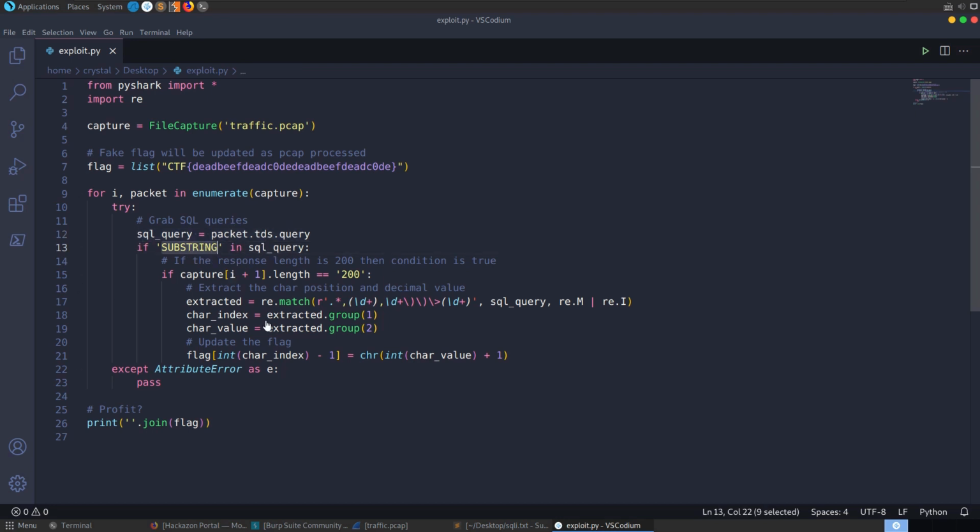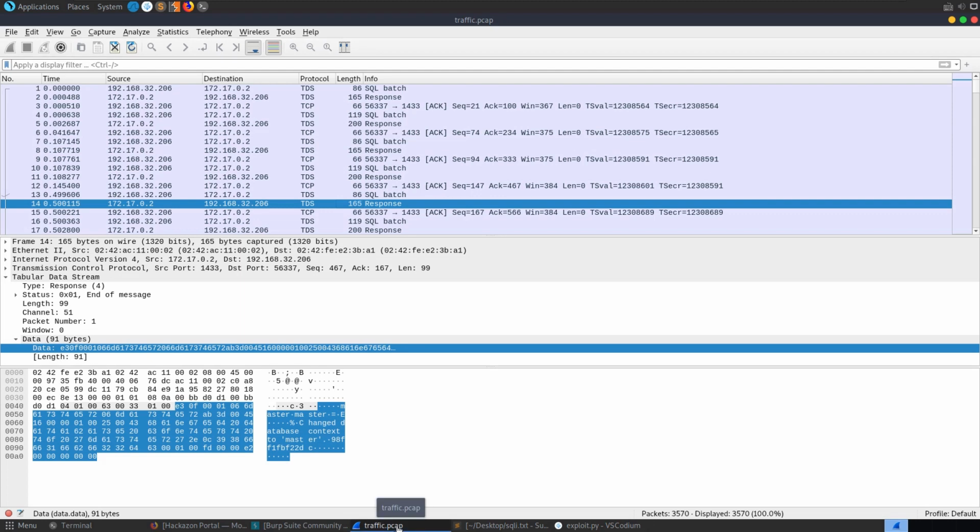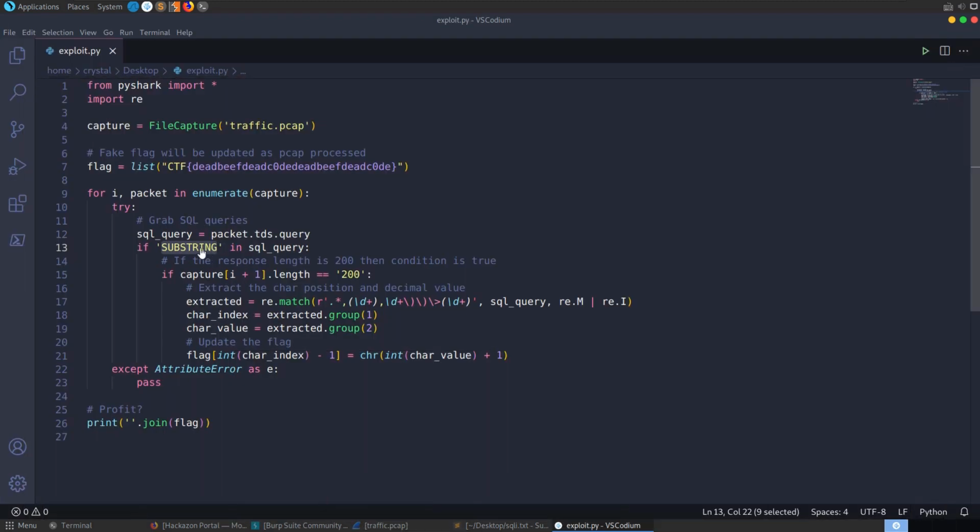It's going to make sure that the substring, because there's some different attacks in there and some other queries, I just want to make sure it's only looking for the SQLI attacks, and it'll go through each one of those. If the next packet after that SQLI packet is a 200, so if the response is a 200, then we know that that character is going to be greater than or less than that character or whatever. So we'll basically just update the character. We'll use regex to extract the index. This is the index of the character in the flag, and then we're also extracting the value, which will be,